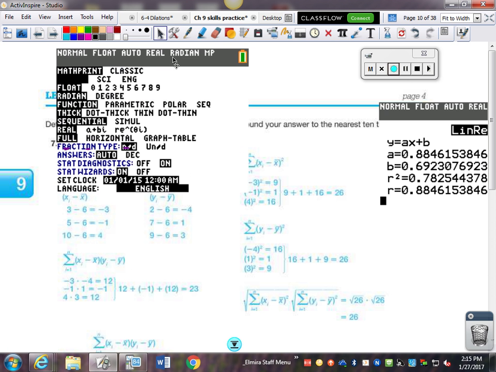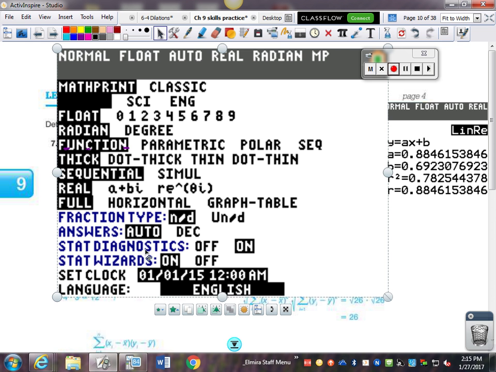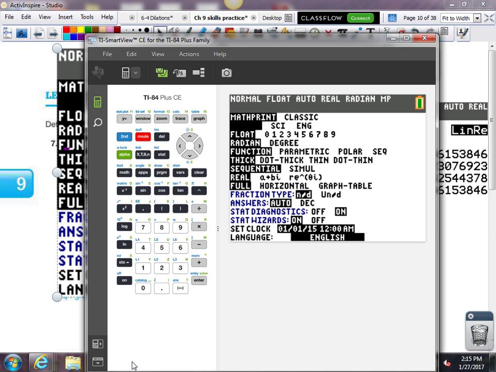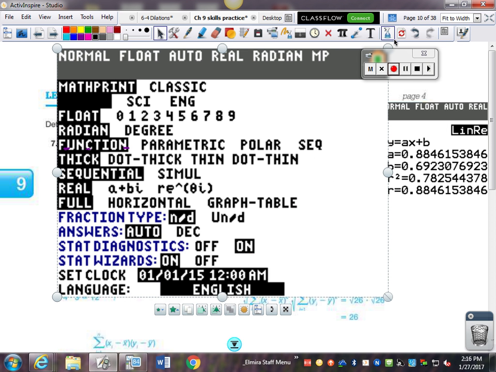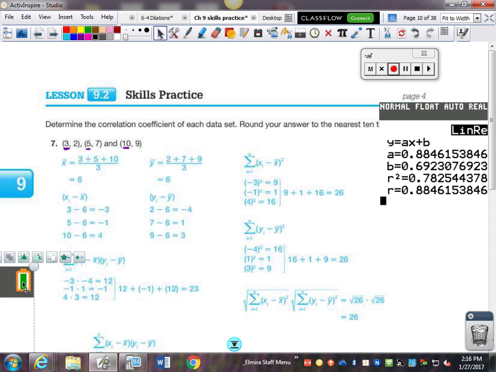First of all, if we want our calculator to do this for us, we have to go into Stat Diagnostics and turn our diagnostics on. This is found in the mode key. Hit the mode key. The mode key is right here next to second. You're going to hit that and turn your stat diagnostics on. The default is for it to be off. Anytime you reset the memory, it's going to turn it back off. Okay, so that's the first thing. If you don't do that, your calculator will not calculate R value for you. Okay. Secondly, we're going to